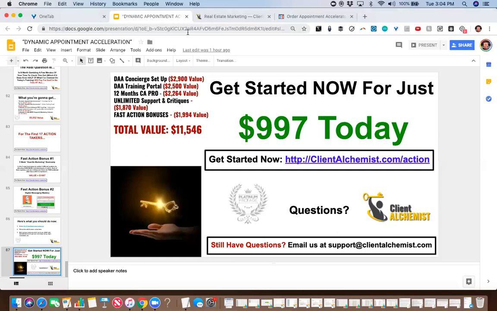There are multiple ways you can do this with a team. We can do the dynamic appointment accelerator process for your whole team, and you can route the leads. Or some have buyer leads going in a particular route and seller leads going a particular route. And some even have multiple dynamic appointment accelerator pipelines set up for different members of their team. There are lots of ways that you can do it. Now, we want to get one set up and going and optimized first, but that is a possibility for you as well.